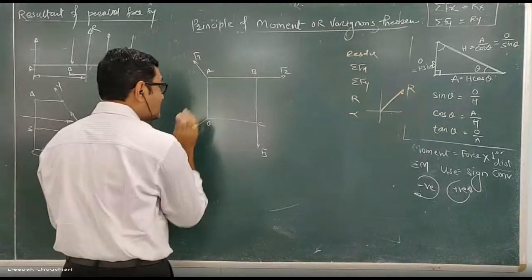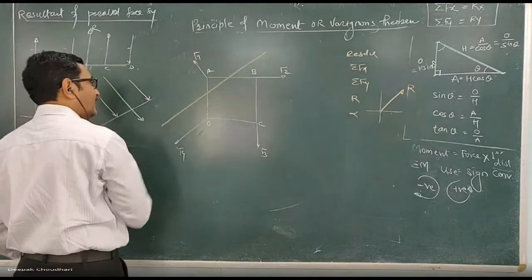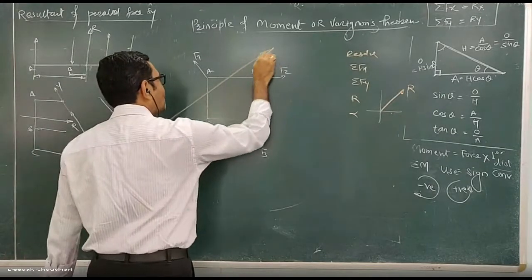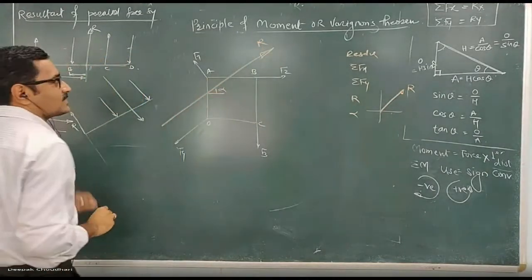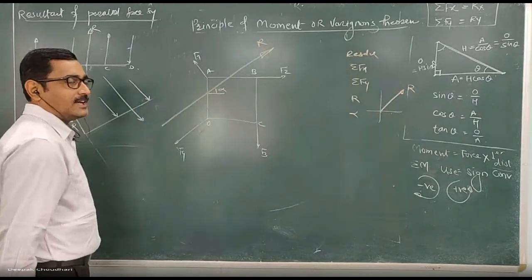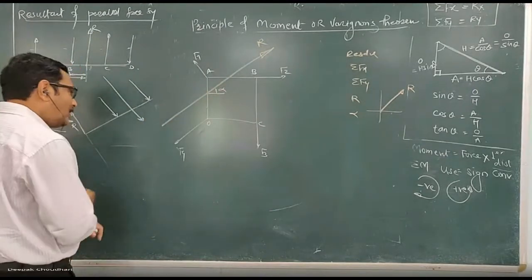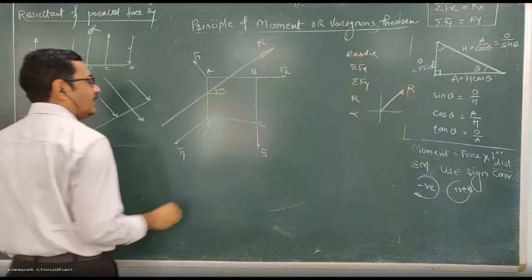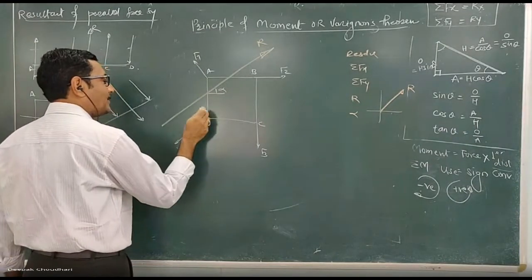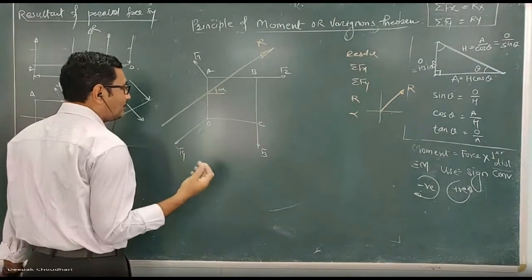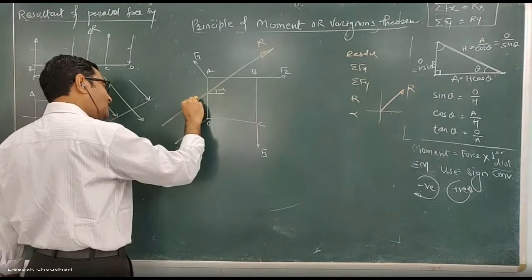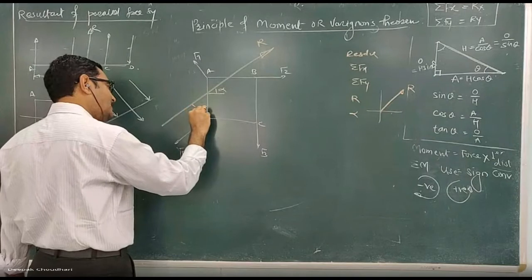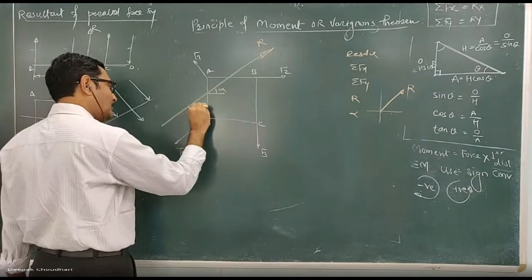Clear? But in case of a general force system, this resultant, you have to find out its point of application also, in case of a general as well as in case of a parallel force system. You have to find out the point of application. Now to find out this point of application, here you can calculate the point of application with respect to any point if it is not mentioned. Here, and to find out the point of application, we are going to find out the perpendicular distance of the line of action of the resultant from that particular point.